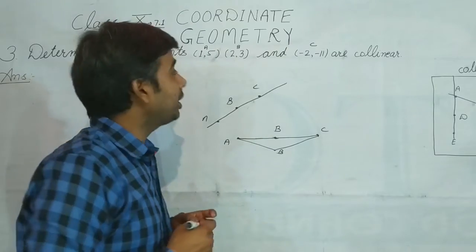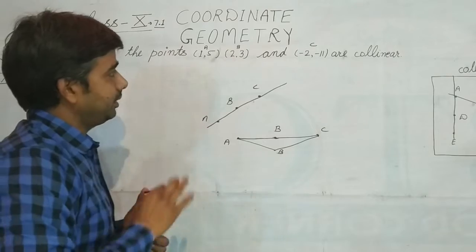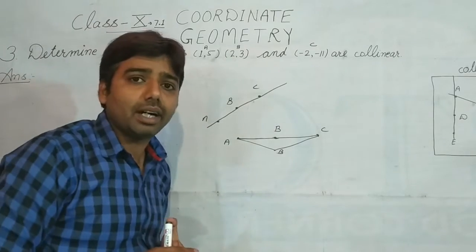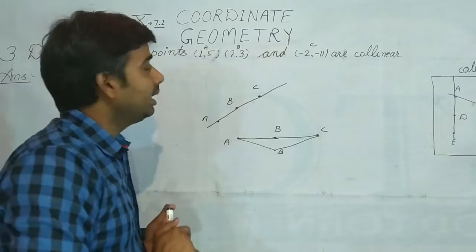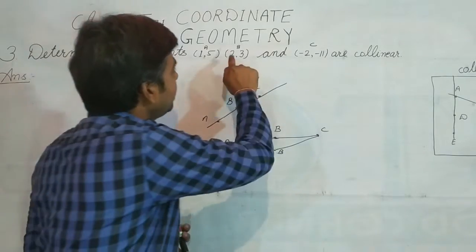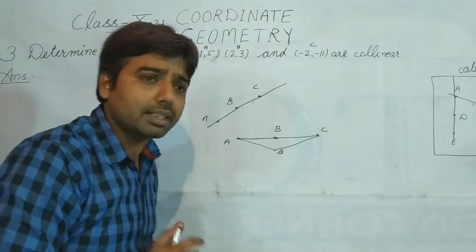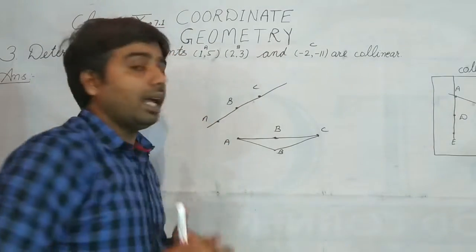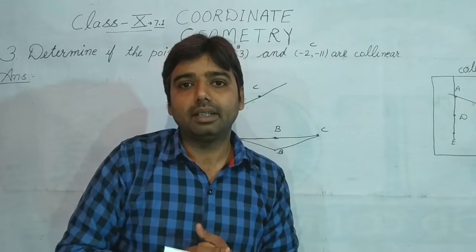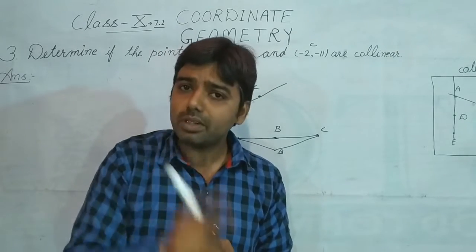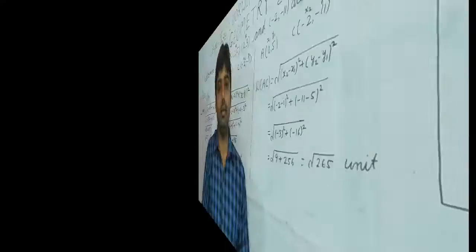By this rule, we are required to find the distance of AB. Now the question arises: is it possible for us to find the distance of AB? In the same way, is it possible for us to find the distance of BC? In the same way, the distance of AC? And if we can find the distances, how will we add them? You are required to pause the video and give the answer. Let me tell you later.